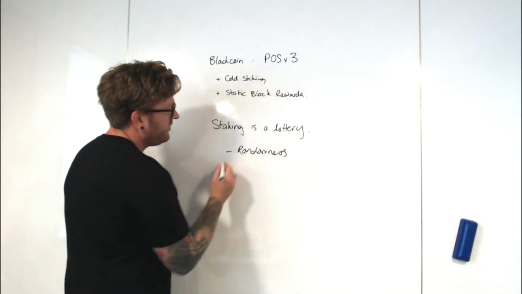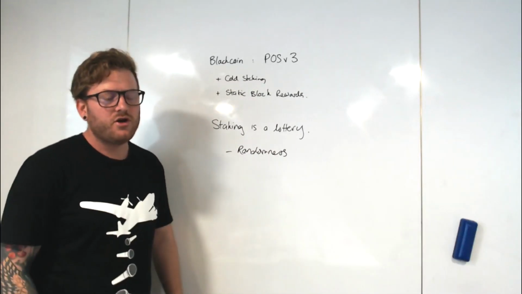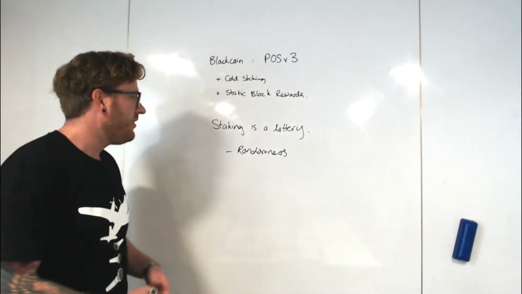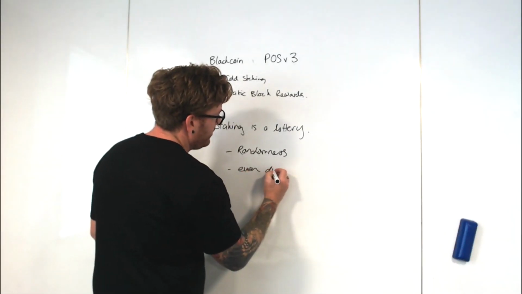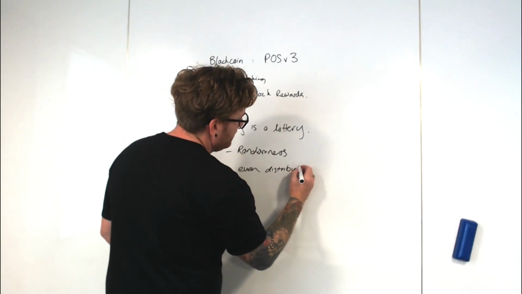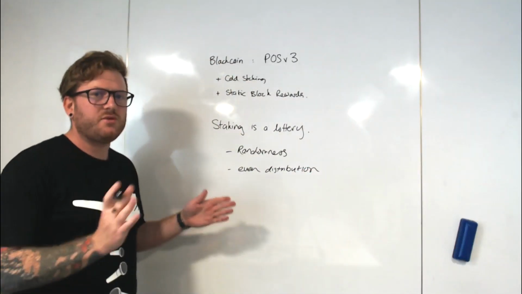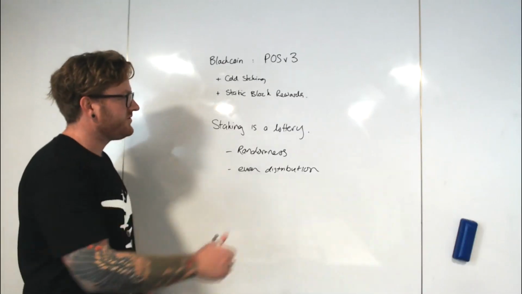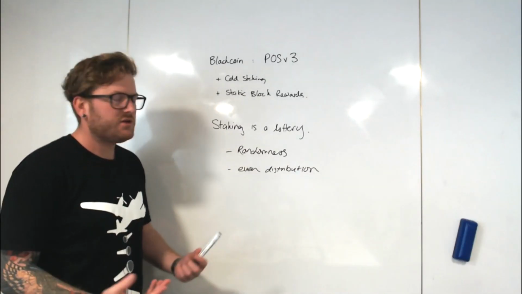You can't know when you're going to stake your next block. Over time, there'll be some sort of even distribution, basically. The longer time frames you look at, the more even your distribution is, if your coins stay the same compared to the weight. But of course, it is random. So sometimes you might find some blocks really close together, and sometimes you might have to wait a while. But effectively, that evens itself out. And you can never really know when you're gonna stake a new block.